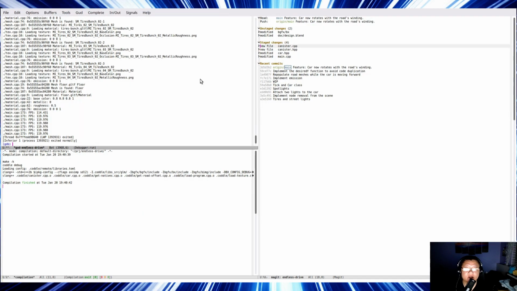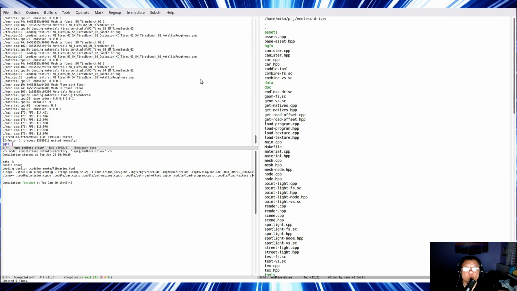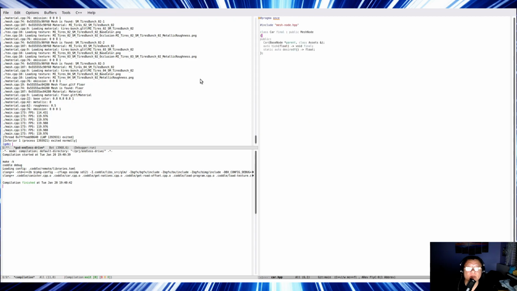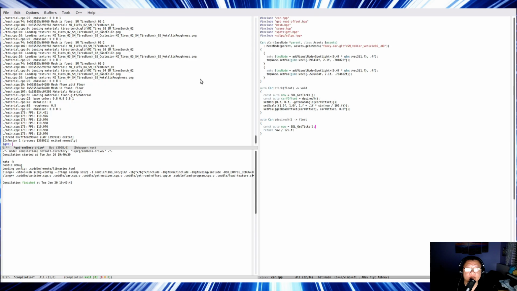So let's see if I can implement speeding up. So there is a car.hpp and there is desired y, and if we want to have a linear times 1 plus now times 0 0 0 1. So if we try to do this way,